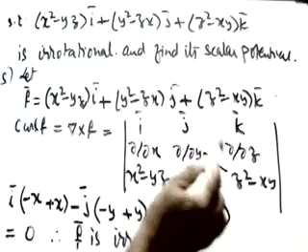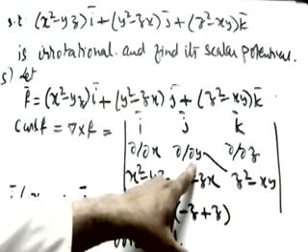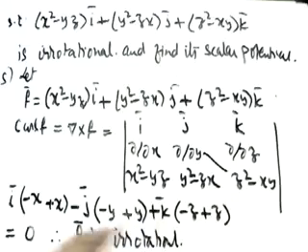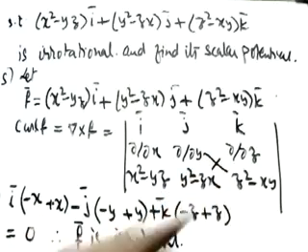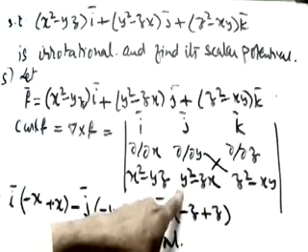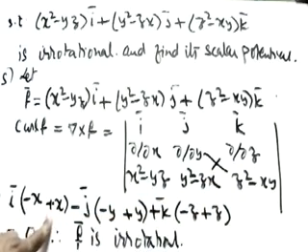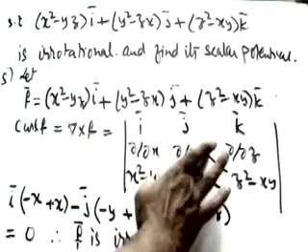Now see, first let me take i. We have to multiply this, which means we differentiate with respect to y, partial differentiation. So this is 0. d by dy of y is 1. 1 into minus x is minus x. Minus, we have to differentiate with respect to z. So this is 0, and z gives 1. 1 into minus x, minus x plus x.